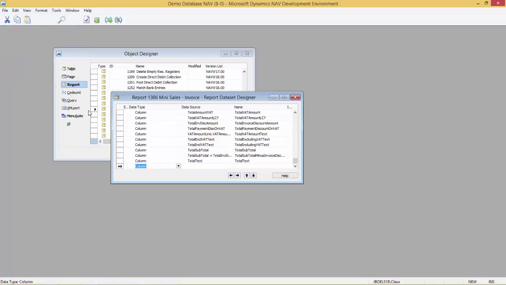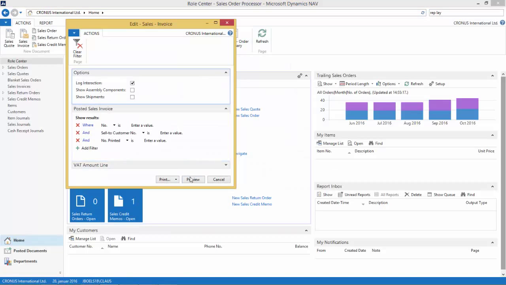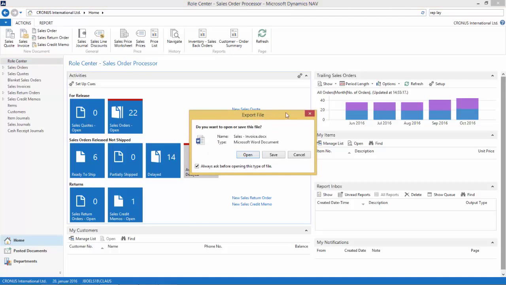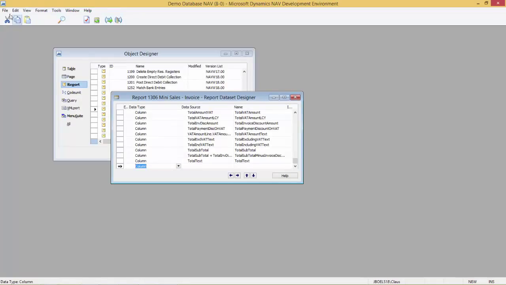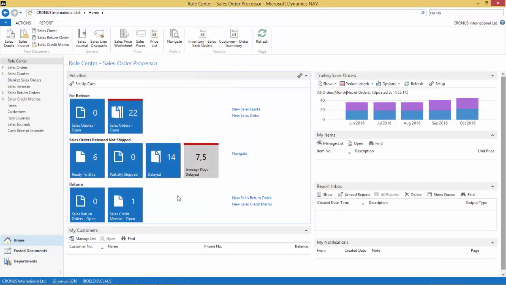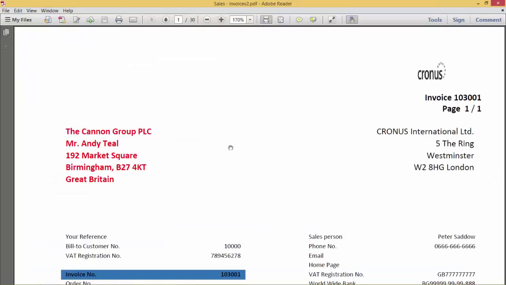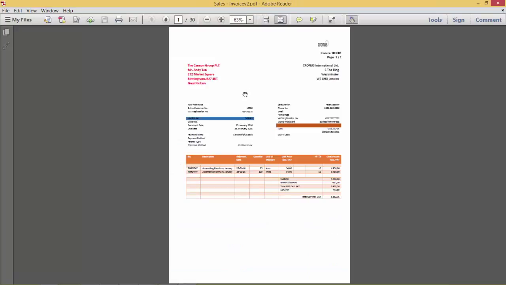So let's run the report again. So run, and when we go to the Role Tailored client and we go preview, we see that now Word is opening up. I prefer opening it in PDF, so let's just run it again. So let's go run and print PDF. And we now see the changes that we have done in the object, because now we're running the Word document,